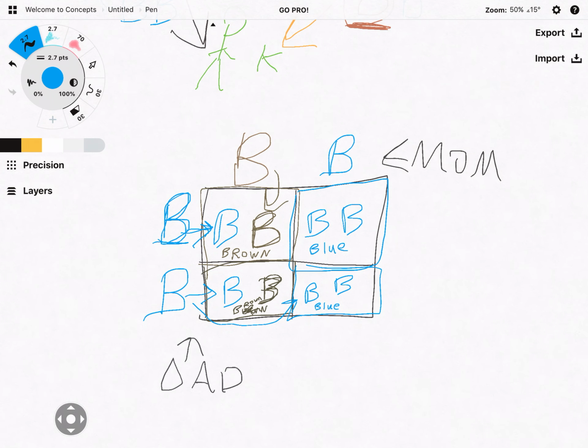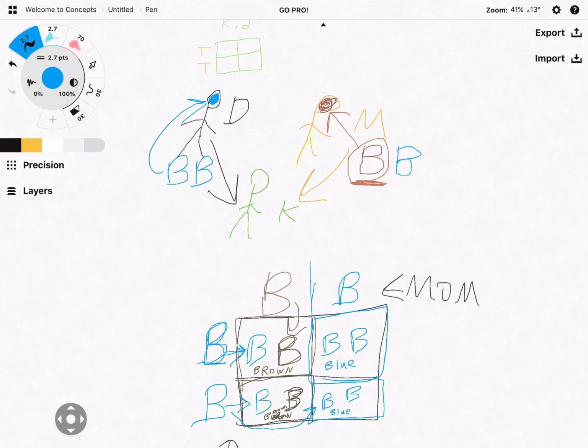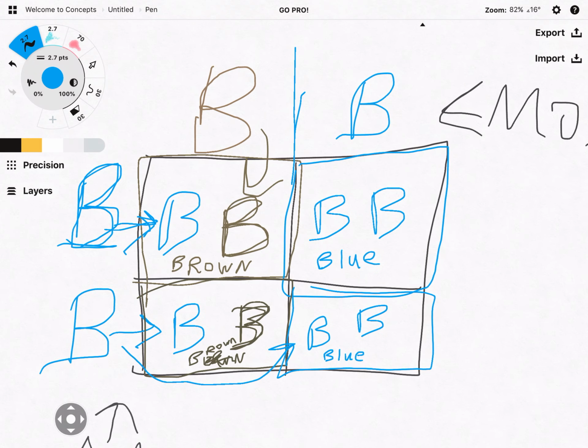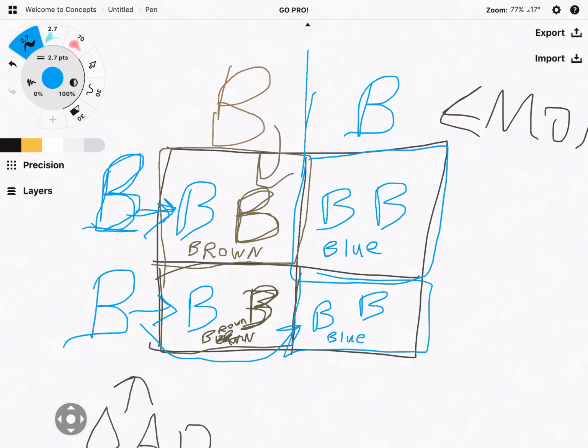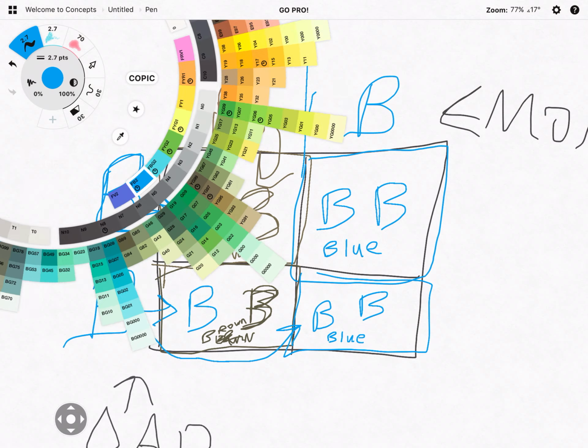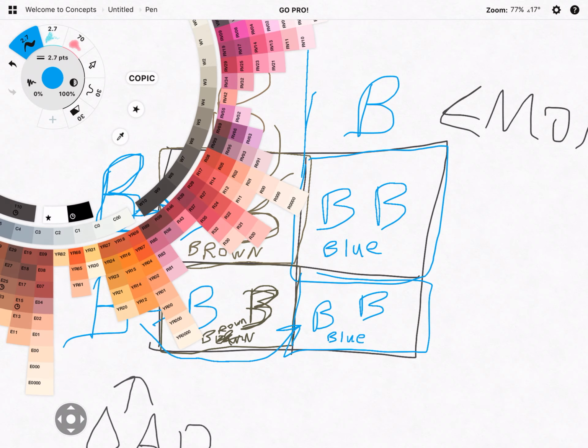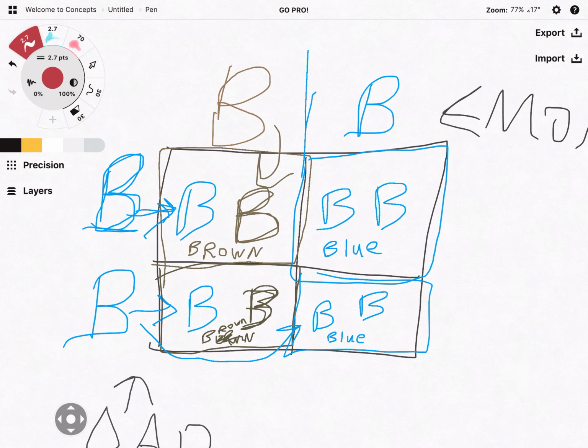So this mom and dad that we see up here, they could have a kid with blue eyes, or they could have a kid with brown eyes. It depends on the genes that they pass on. And if we look, there are four possibilities. They could have, and now let me get a different color here to make this a little bit easier to spot. So they could have